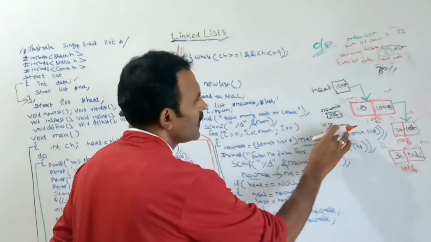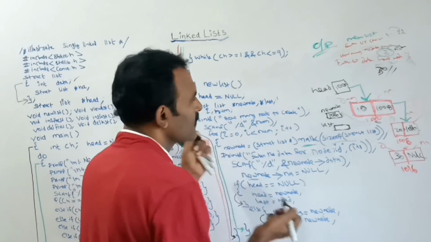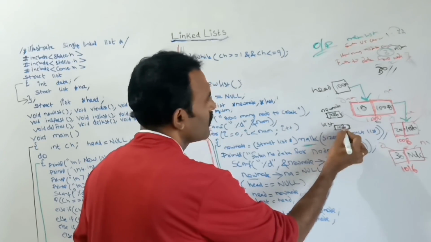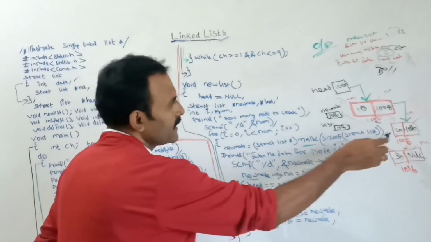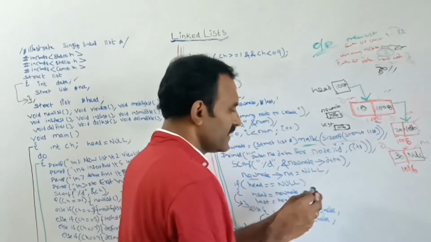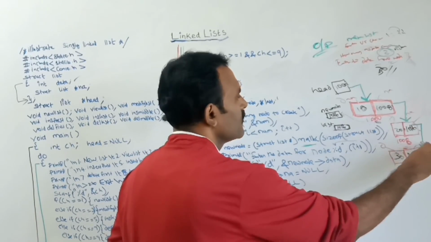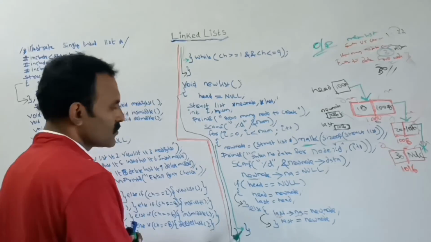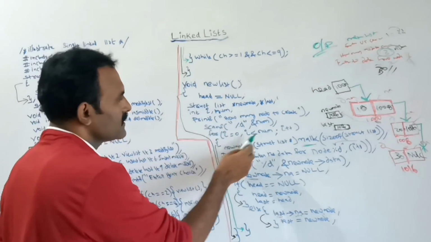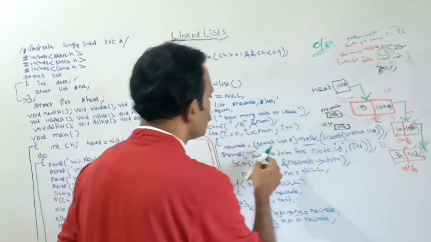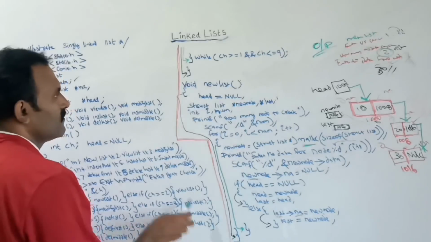Now what is the last node? Last is equal to new node. This will have the address 1016. So this part, last of NA, is the new node address. So here we have created the link, and this will point to the 1016th address. In this way, this for loop terminates because the next value is incremented to 3, and here I am checking lesser than 3. So it comes outside of the function.